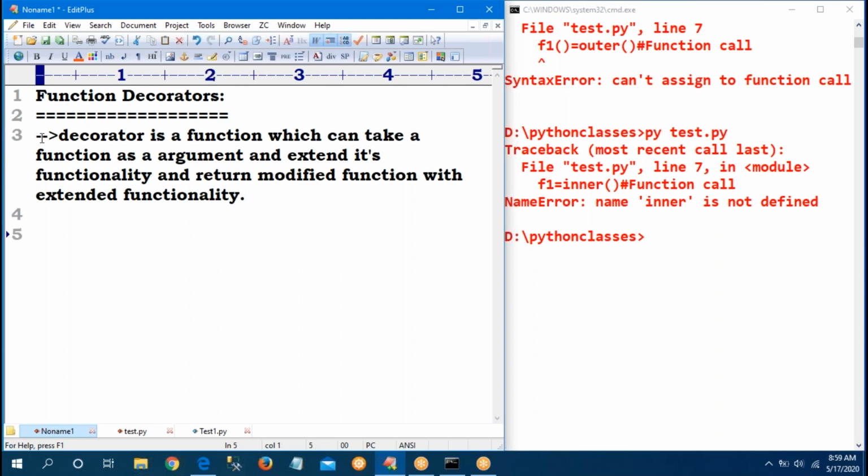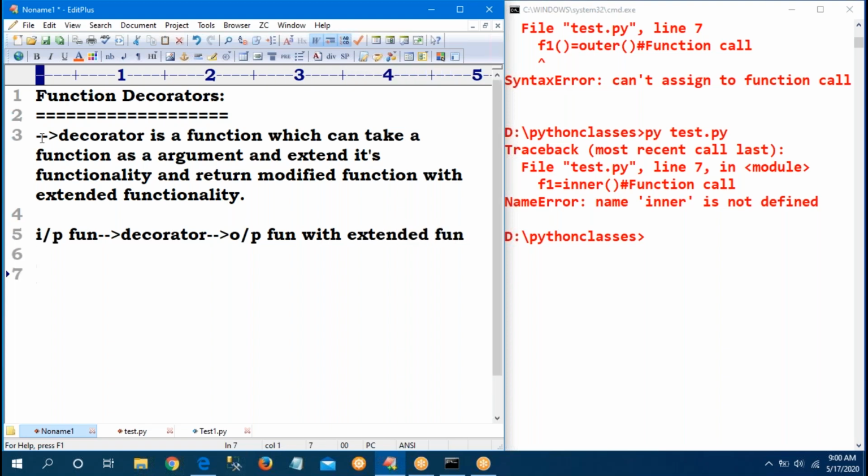So I will give an input function to the decorator, then I will get the same function with some extra modifications as the output function. That is the concept of decorators.